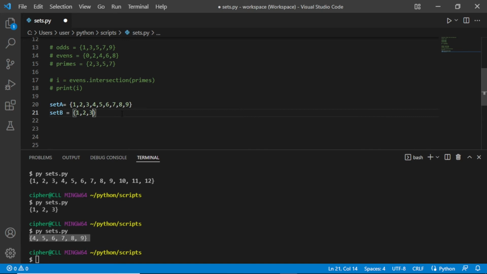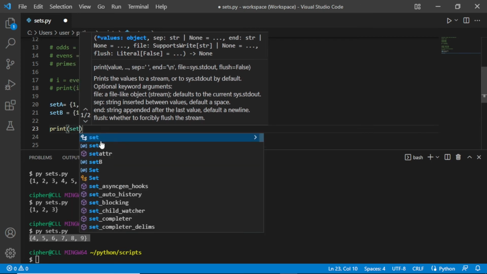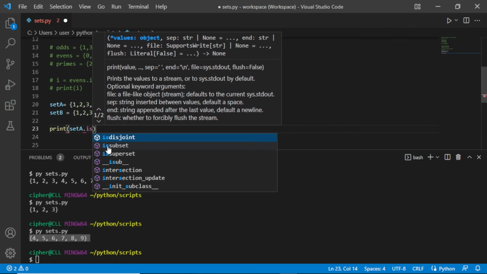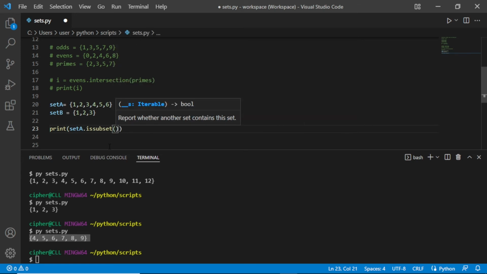Okay, and let us reduce this to 6. Now save this and try to print. We say set A dot is subset of set B. Control save, and if we print here,